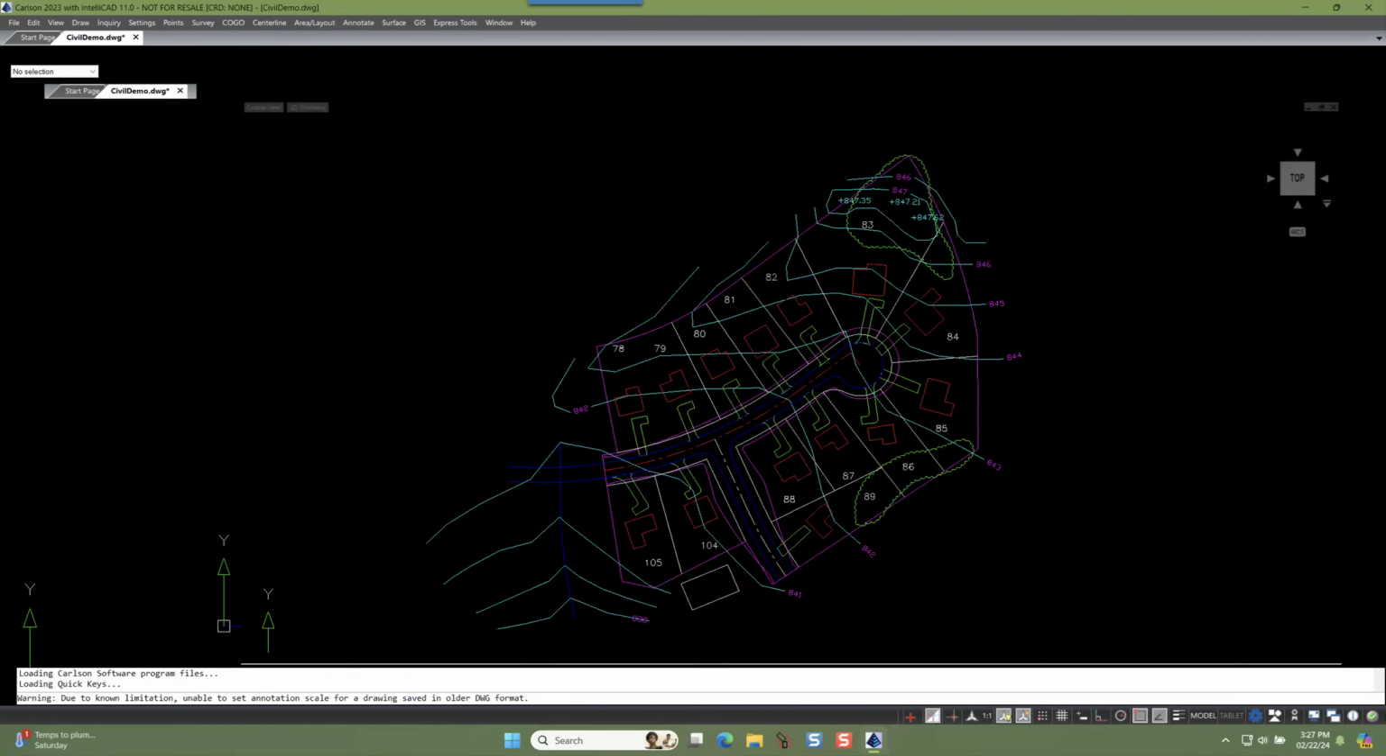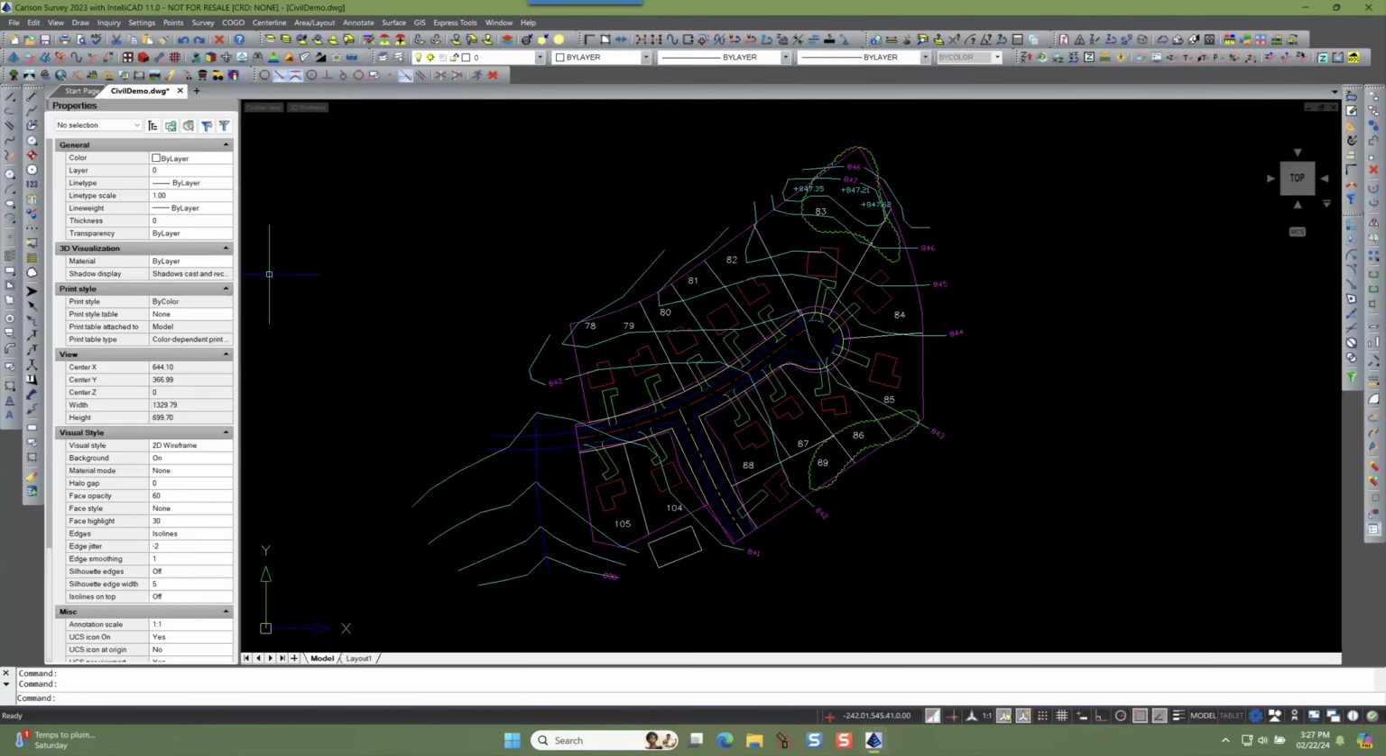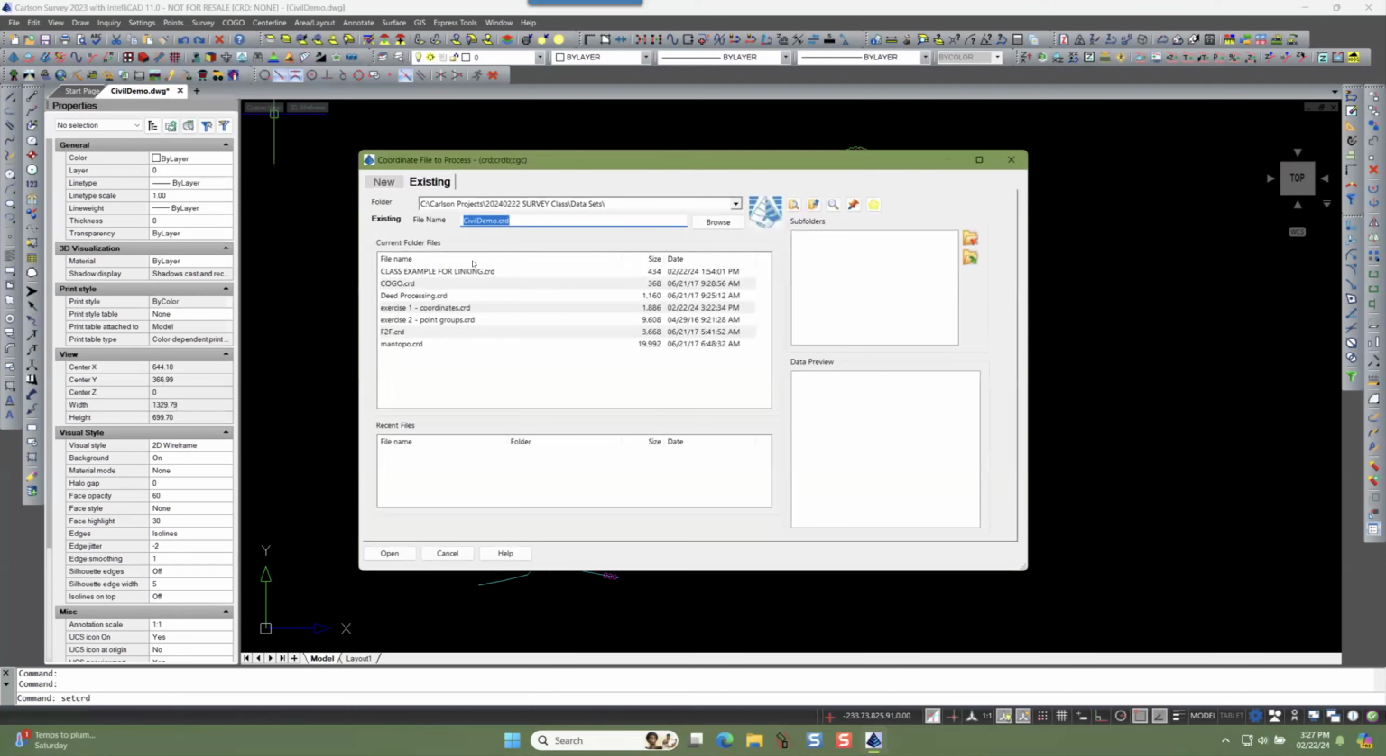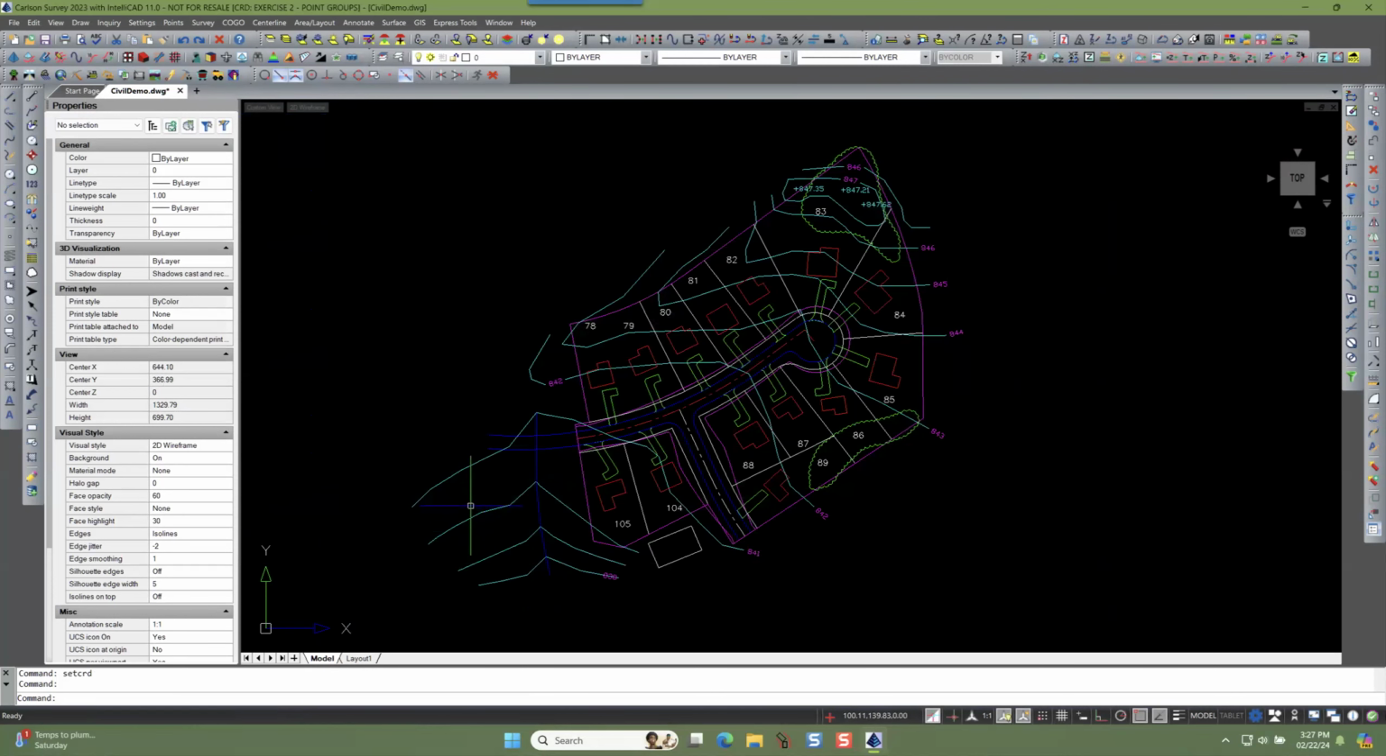That'll take a minute to load, and I'm going to now go to Set. I'm going to go to Points, Set Coordinate File, and I'm going to set that to exercise 2 point groups and open that. Okay. Now,